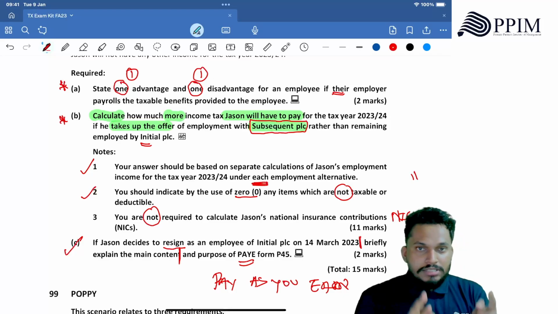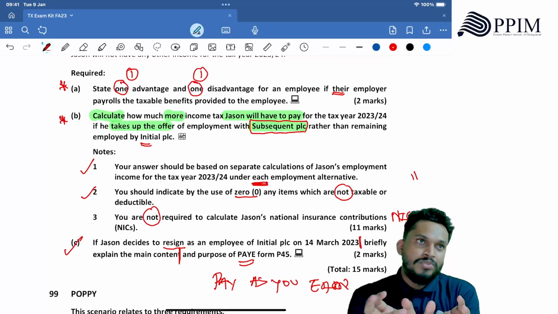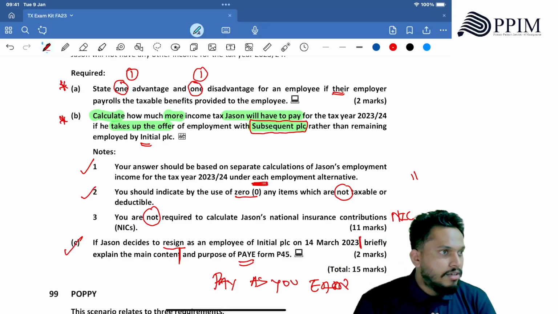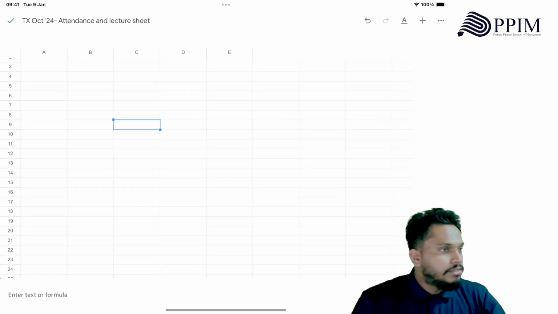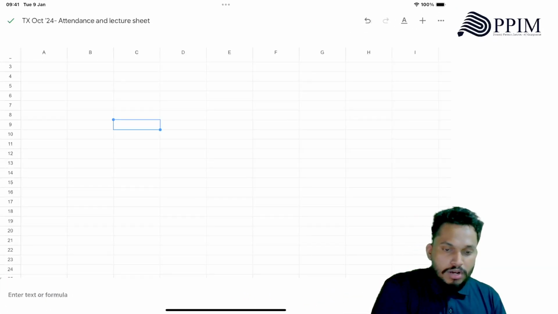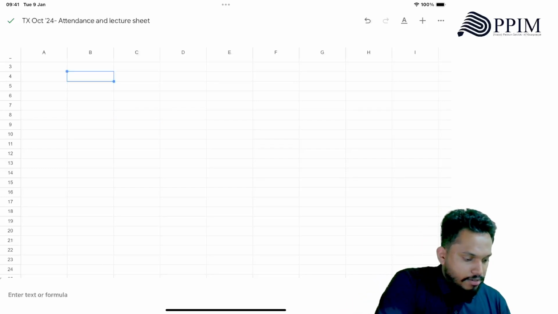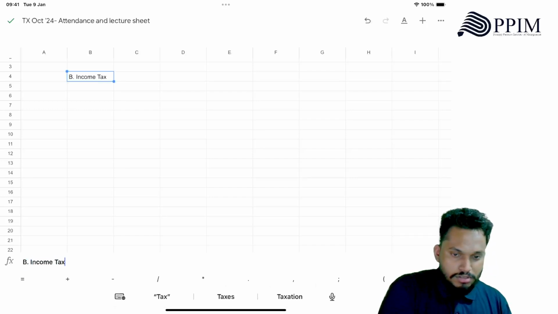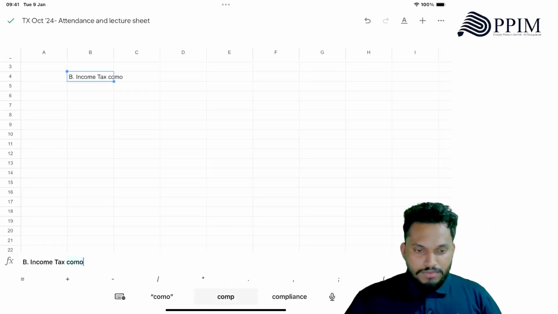So you need to plan your answer. There need to be two things that you show, so two subheadings will come in your answer. Did you understand that? While you're planning, you need to draft your answer. You should learn to draft your answer. Now, for an example, you don't want to answer from the beginning. So I can say, my B part of the question, I can say income tax computations. Okay, just drafting for the sake of it.